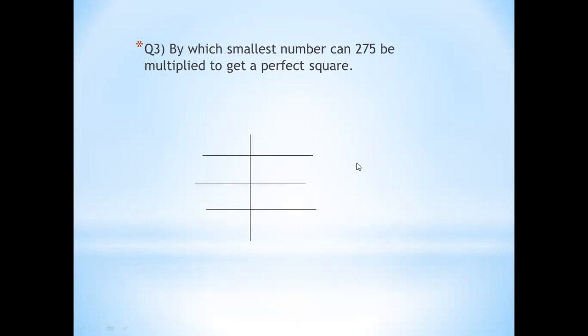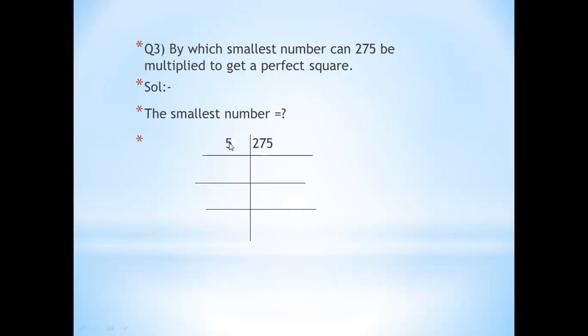We do the prime factorization, and if each prime number is in the form of a pair, then the number will be a perfect square. What will we do? We take the prime factorization to find the perfect square of any number. Each prime number should be in the form of a pair, meaning it should be present twice. So we will find which number we multiply to get the perfect square. First of all, we are going to find the smallest number.